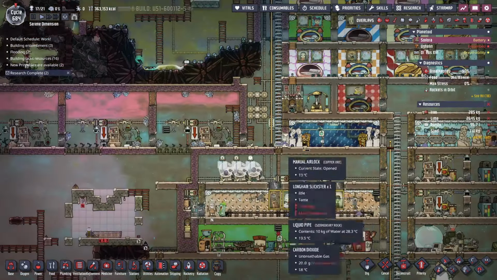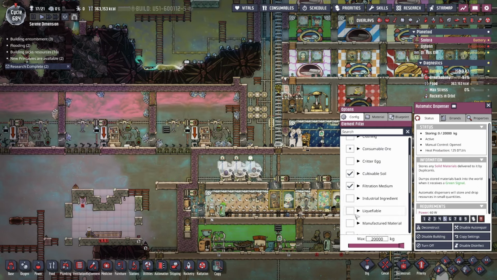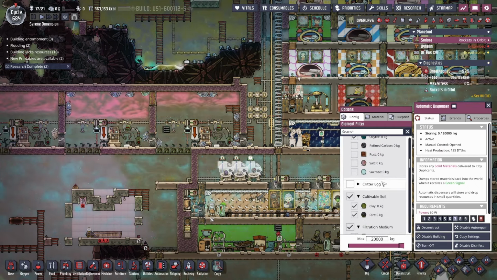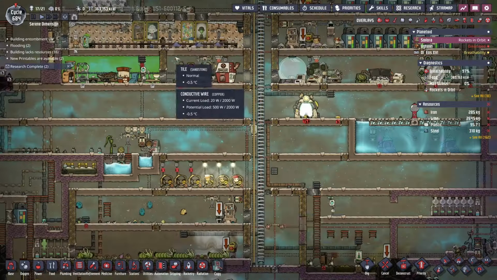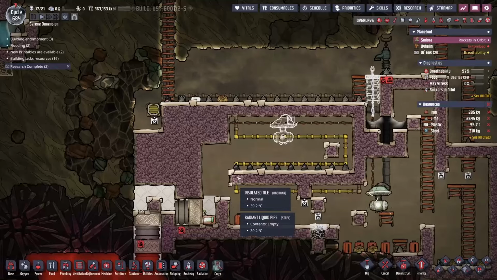There we go. Let's change the filters here. I think we don't have... We do have metal ore on one of them. Okay, then that should be fine. All right, so we need to,